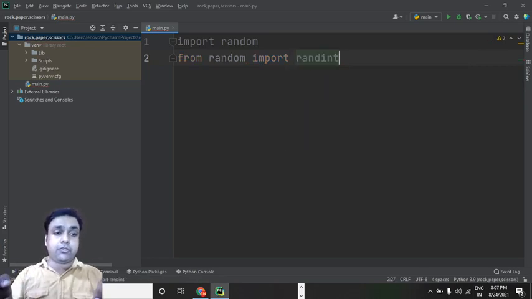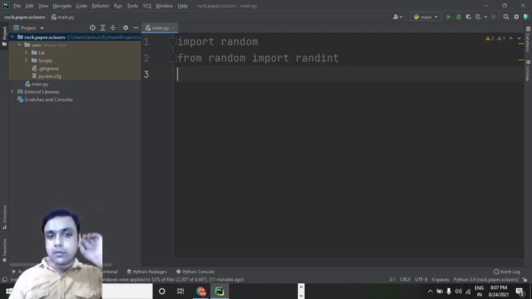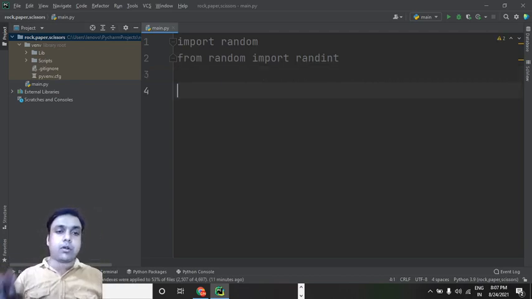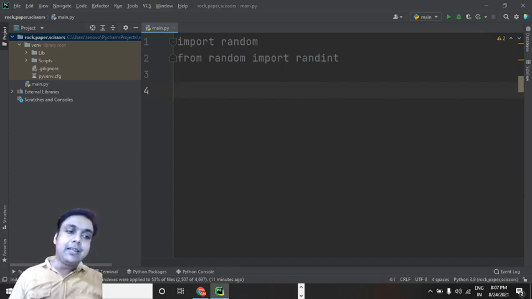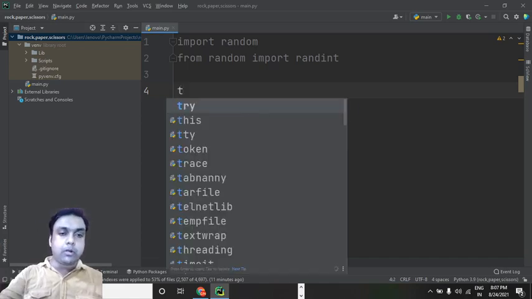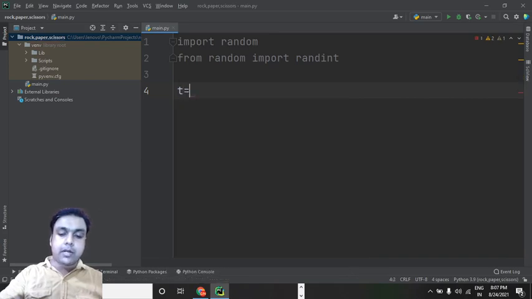So that's the function that we'll use today for making this command line game, rock paper scissors. Now the next thing that we need to do is define a list of play options. Now how to define a list? As you know, we can simply put a variable like this, and after that, if you want to